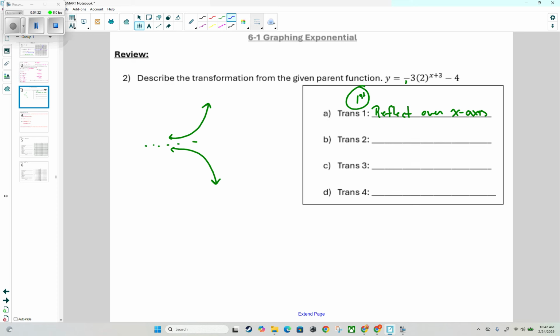All right. The next number I see is this 3. It is also that initial value from when we were writing equations. So what does that really do to our actual graph? Remember, it is multiplying, so that is going to be a vertical